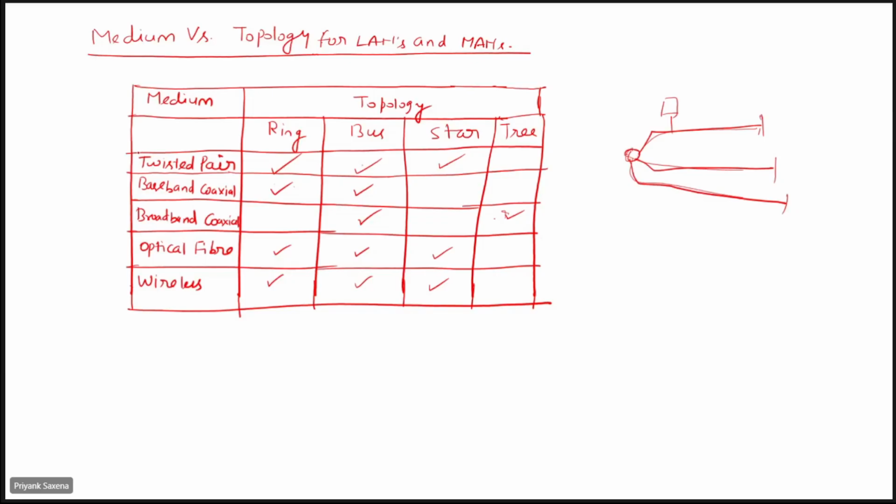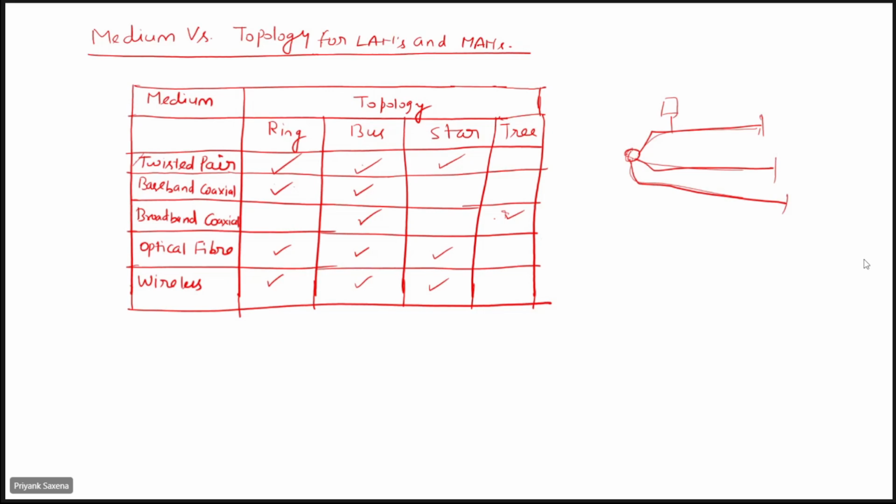Cost is also a factor, so I will choose twisted pair. Twisted pairs are available in different categories. Depending on your budget, you may choose one kind of twisted pair, whether category 3 or category 5. Using those twisted pairs, you can transfer data for a considerable distance, like in a building or a nearby place, which is not a very large distance, but you can achieve a good